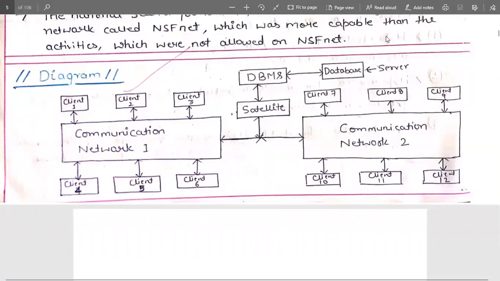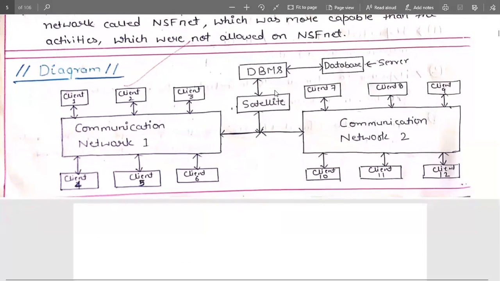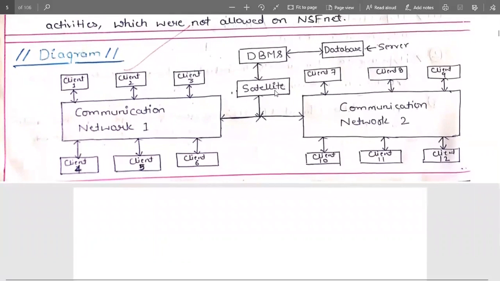Okay, so we can say at the server side we have all the data about network 1 and network 2, but to manage all the data we need a database management system, and to connect all the networks we need a satellite. So there must be a strong satellite network that manages the whole database about network 1 and network 2. I am showing network 1 and network 2 here, but in actuality there are multiple networks connected with the help of these satellites.